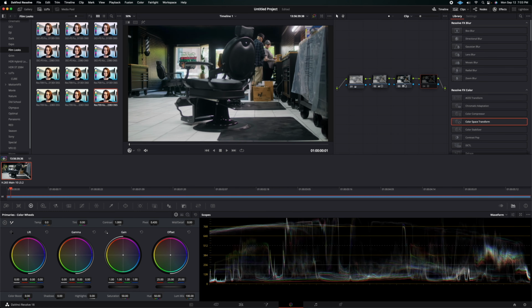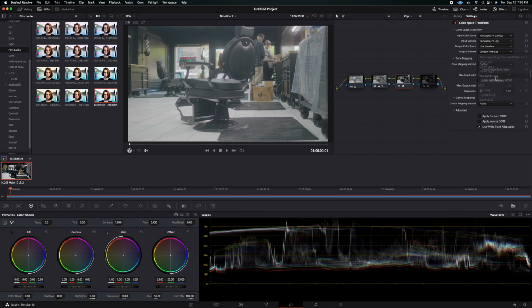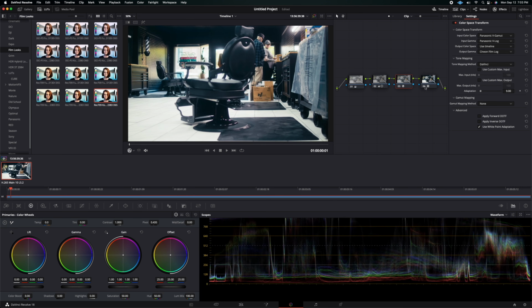So I'm going to turn that node back off. The thing that we need to change is we need to go into our 3rd node again, and we're going to want to change this output gamma. We're going to scroll down and change that to Cineon film log. If I click there, it flattens the image out again just a little bit. And if I turn my film look node on, it looks much better